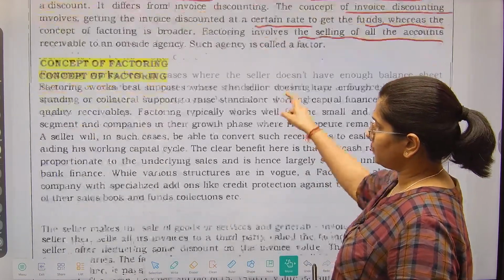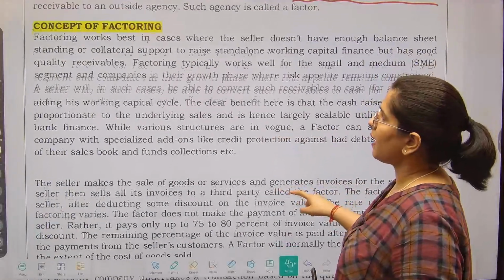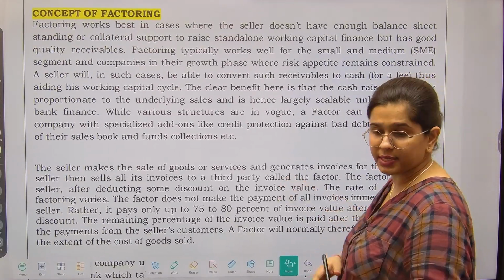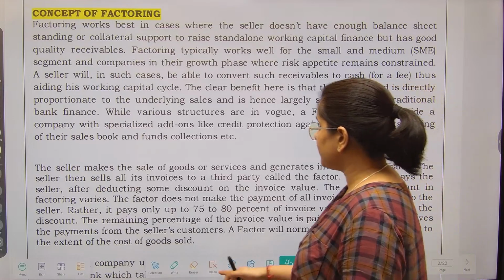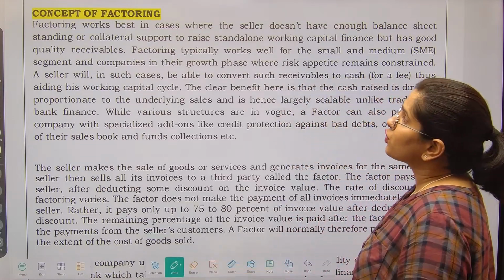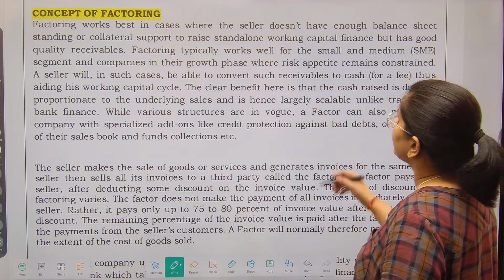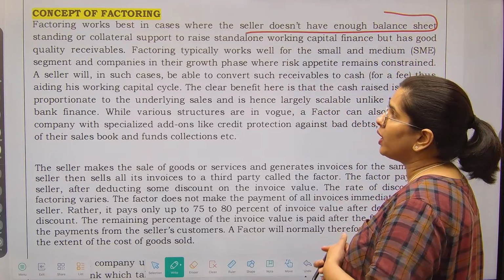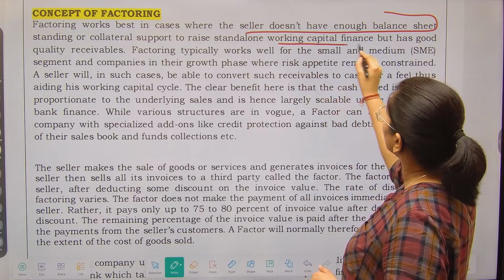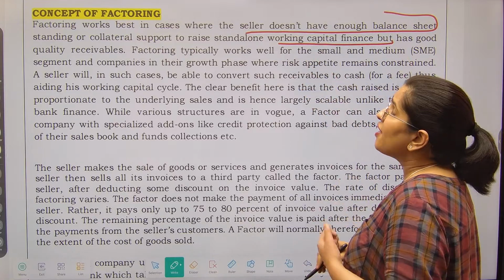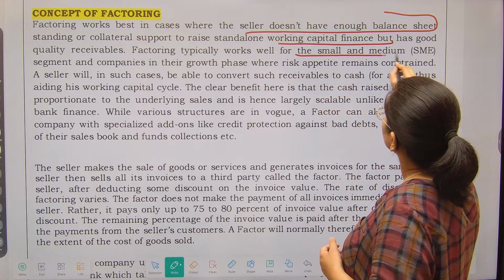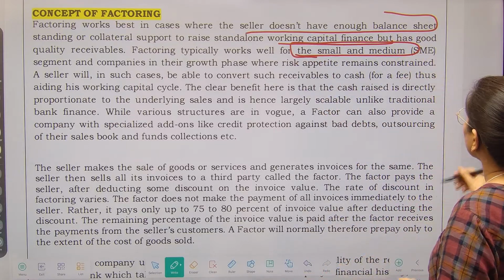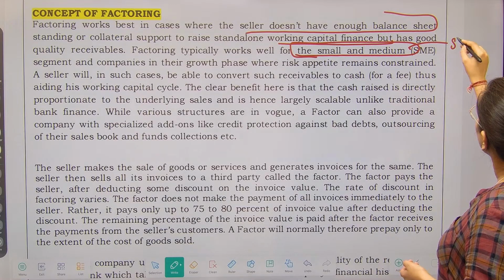Now let's talk about the concept of factoring. Very quickly we are going to see what all is written over here. ठीक है, please read along with me. So factoring works best in cases where the seller doesn't have enough balance sheet standing or collateral support to raise standalone working capital finance. Factoring typically works well for the small and medium segment. Why for small and medium segment? Because small and medium segment has